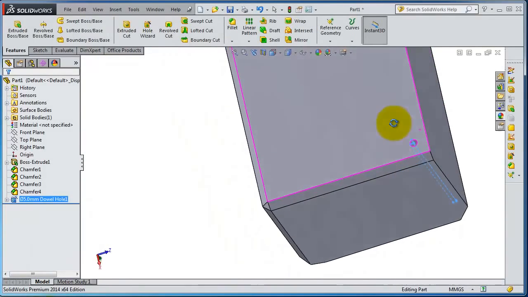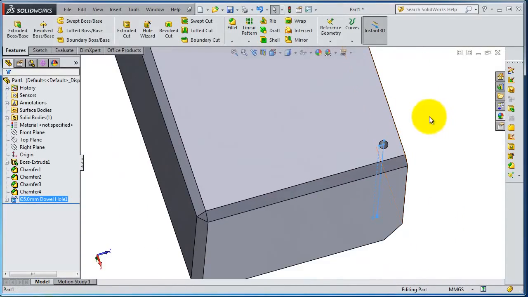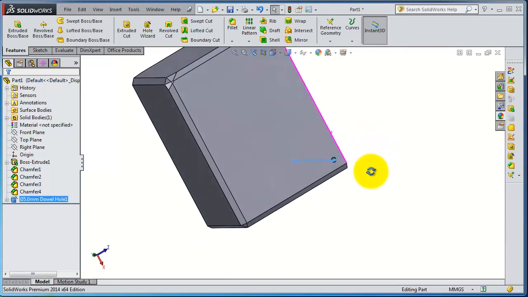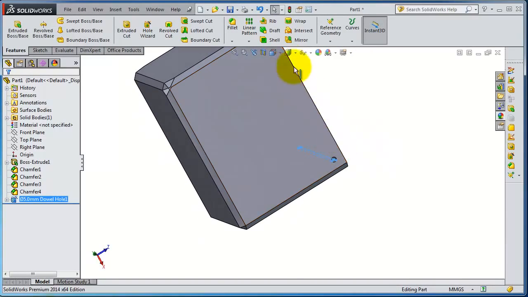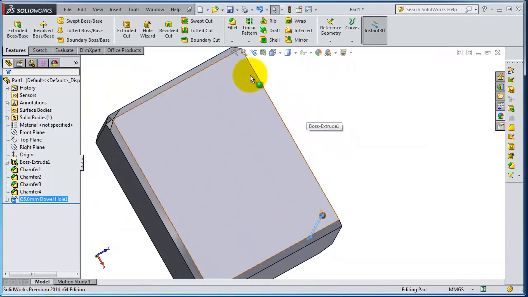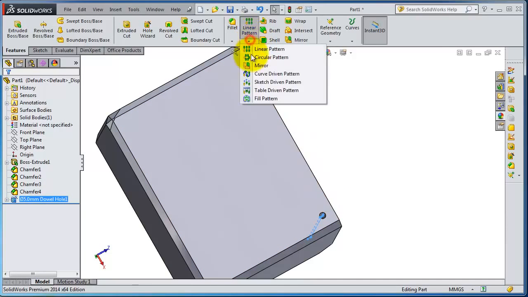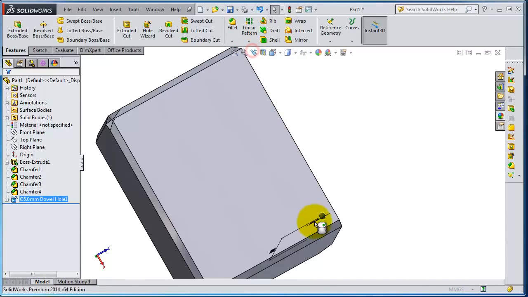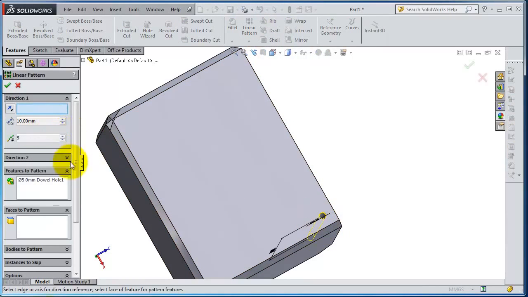Okay, so now let's try to make this hole along that edge and that edge. So if you want to make all the time this hole, repeating it all the time, it might take some time, but in linear pattern you can make many instances. So here feature to pattern is already selected, the hole and the number of instances, let's say